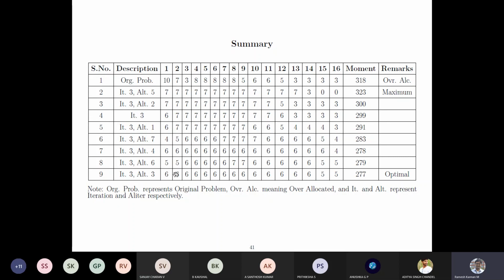Say for example, in this case I've put all 6 from day 1 to 14, and the last 15 and 16 are 5 and 5. You can swap the 5 anywhere here and make the rest 6, and it does not matter because it's a minimum moment. You can put 5 here and 5 here, and all in between is 6, but then this profile remains the same.